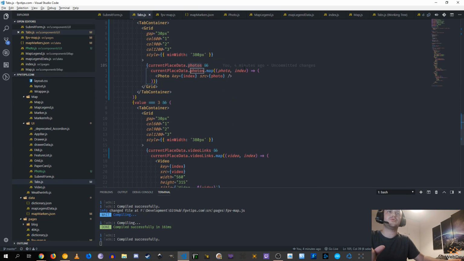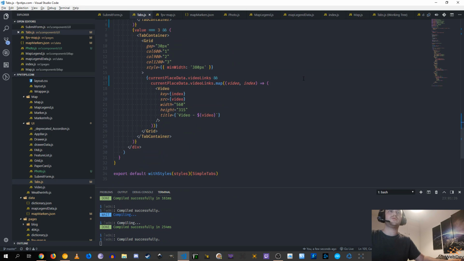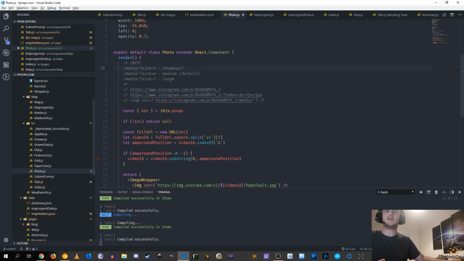Whereas we want to do current place, photo links, map, and then pass through our index and the photo itself. Now in the photo component,